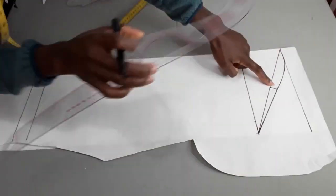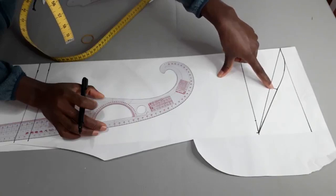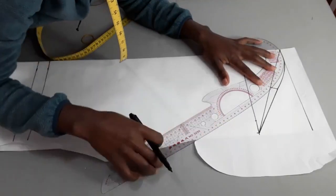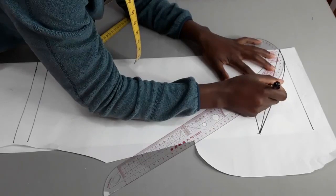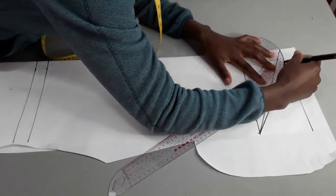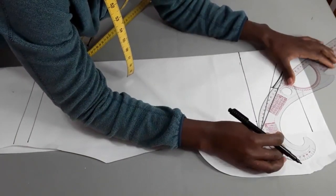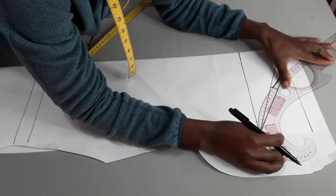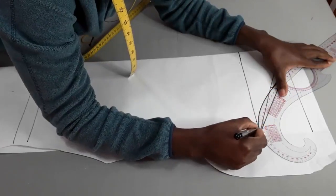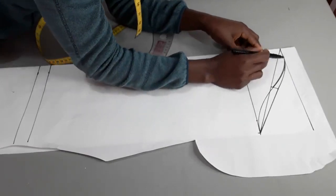Now we have the back armhole, but we need to get the front armhole. We need to connect from this center line here to the top part like so. You're just going to place it like this. Okay, now we're going to turn our French curve, place it like this, like so. Connect from the midpoint to here like so. And this is the back armhole, and here is the front armhole, as you can see,